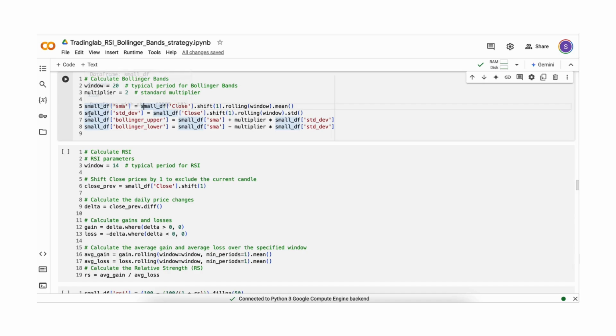Then I similarly calculate the rolling standard deviation. The rolling function in Pandas allows you to calculate any rolling values, and then you can say what sort of rolling values you want. In the first case, we want the rolling mean, and in the second case, we want the rolling standard deviation. Then we have a multiplier, which is standard, set to 2. So we calculate the upper Bollinger Band as the simple moving average plus the multiplier multiplied by the standard deviation. And this is an upper